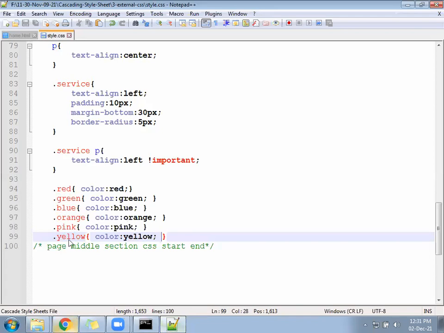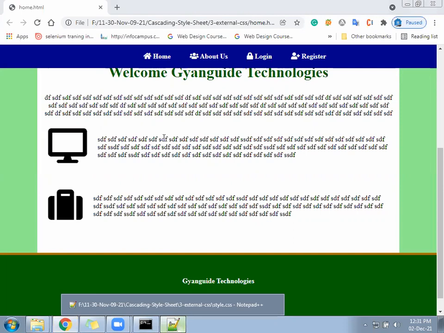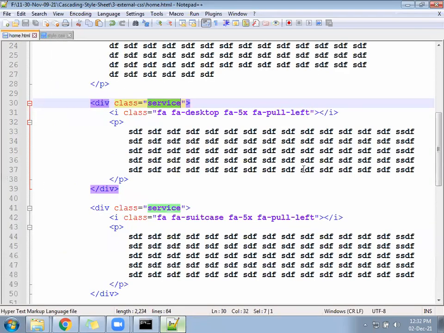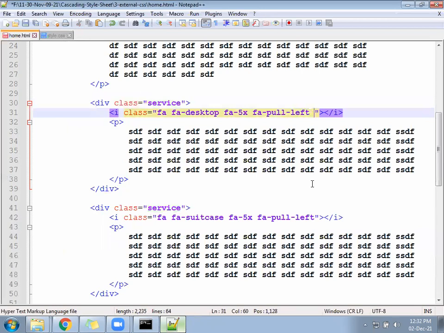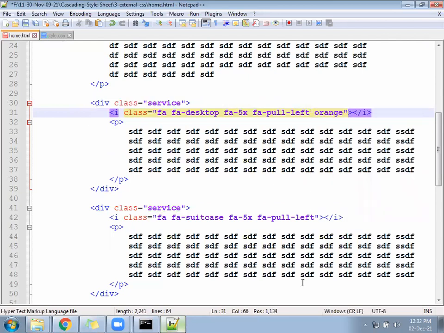Now, if you want to make this desktop icon red, we can call the red class. The suitcase, if you want to keep it blue, we can call the blue class. Let's go there, in the HTML file now. In the HTML file, where you have written pull left, after that you can call orange. The orange class will get applied.